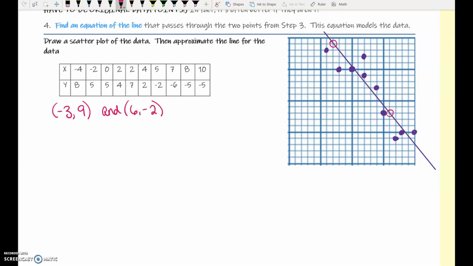These are the 2 points on my line. Your line, you probably have 2 different points. But whatever points you have, we're going to follow the same steps we did yesterday. So step A is find the slope of the points that are on your line. So my line, if I find the slope,